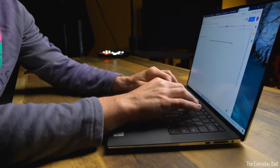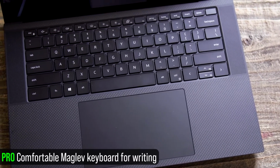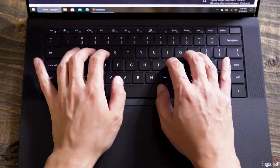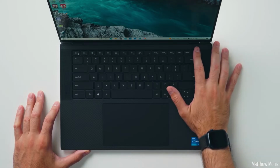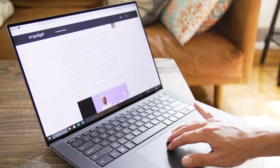Still, when using the XPS 15, you will admire its signature soft touch carbon fiber keyboard equipped with well-spaced and large backlit keys. Typing feels extremely comfortable and responsive due to Dell's innovative maglev design, which enables magnets to pop keys back up after you press them down. Combine that with its fingerprint reader and its very large smooth-to-use glass touchpad, and you get the perfect mix of